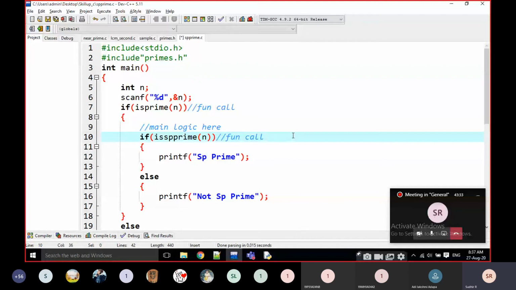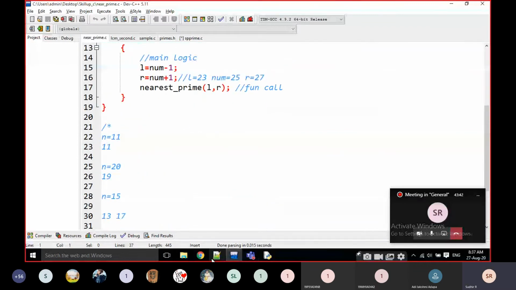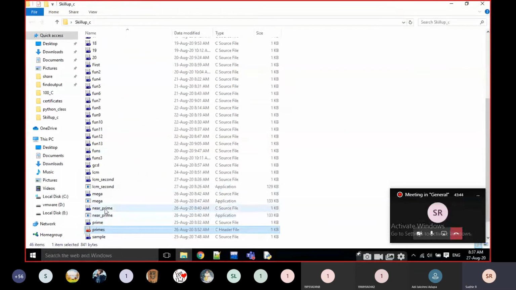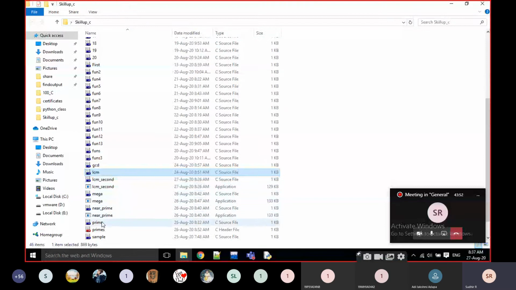Why are you telling me every time it is void? In previous classes, just observe, go to the previous classes, for example. I think it is very right. It is the logic, the prime functionality, I think.